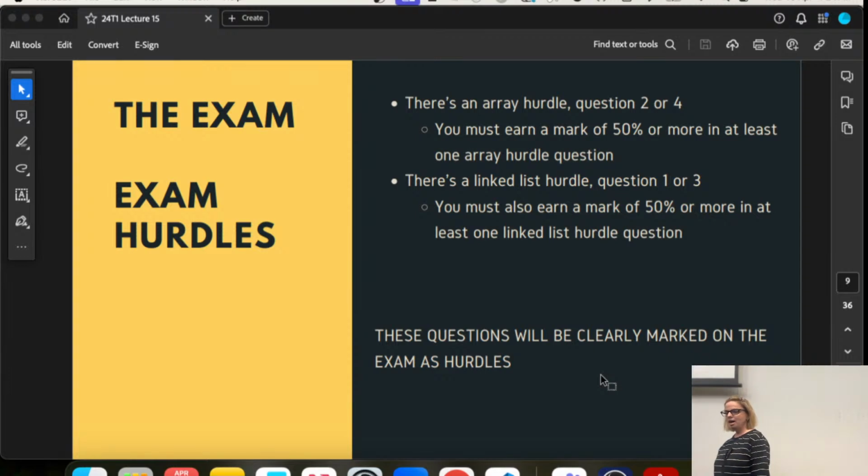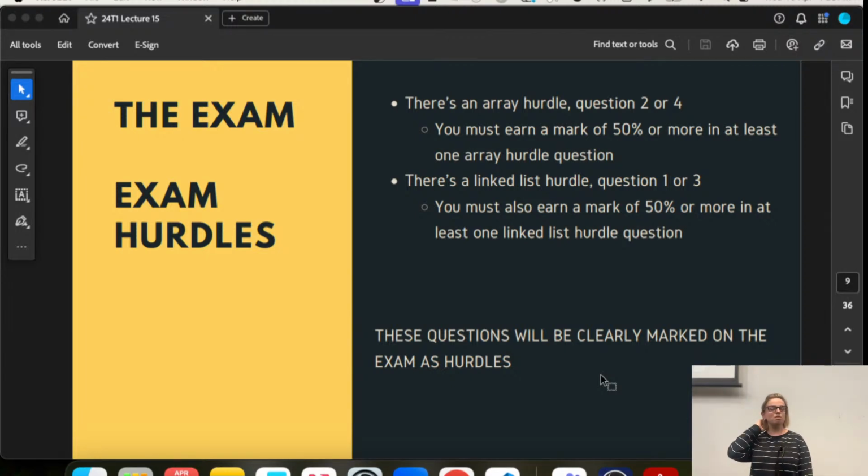Okay, so the exam has some hurdles. If you remember from the course outline and from the first lecture. So we've been playing around with the format of the exam. So right now the hurdles will come at the front of the exam. So the first 4 questions are going to be your hurdle questions. You pass either question 2 or 4, which are the array hurdles. I know it doesn't make sense, but we decided that since you've done linked list last, linked list is fresh in your minds, that is why it's going to be question 1, so you can breeze through it. And then arrays at 2 or 4.